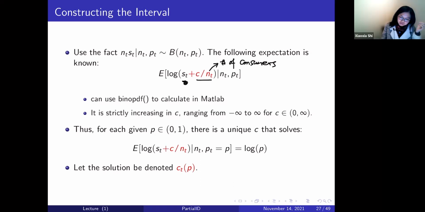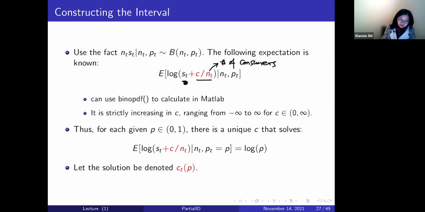If you don't modify this, because ST can take the value 0, log of ST can take the value minus infinity. The expectation of log ST doesn't exist, it is minus infinity, right? But if you do modify it, it becomes a finite number. The expectation becomes a finite number. And in fact, for any P,